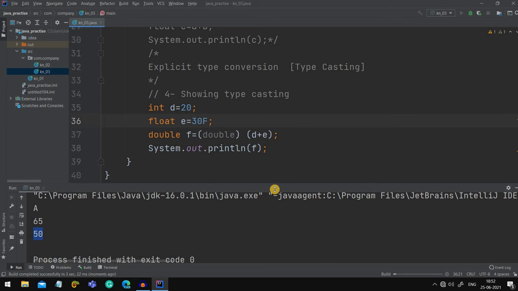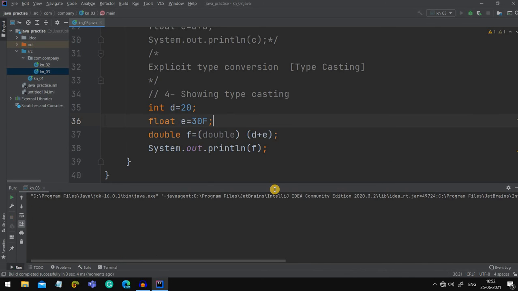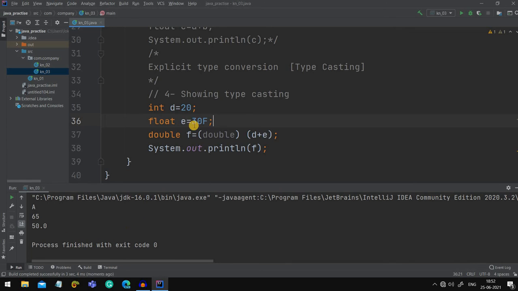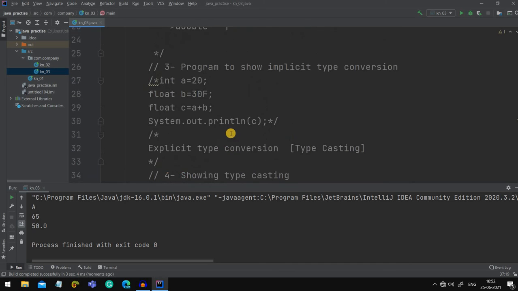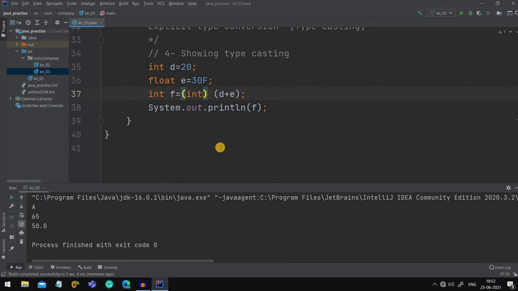Now many of you might be thinking that if Java is converting by its own, then why are we becoming a hero and converting it by our own wish, forcefully. So I also made it clear in your mind that sometimes you are not from a background where you have learned programming a lot. So at that time you need to do this explicit conversion. Like in 8th class, there was not the topic of this conversion of data types. So at that time we faced an error when we were making a small calculator to add 2 digits.